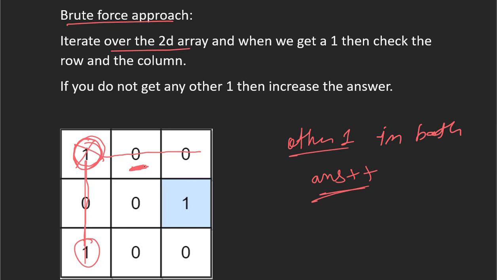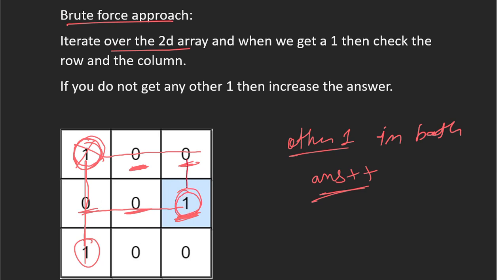The next position is 0, so no need to check. Again 0, 0, 0, no need to check. Now we get a 1 again, so first we check the particular row. There is no other 1 in the row except this position.